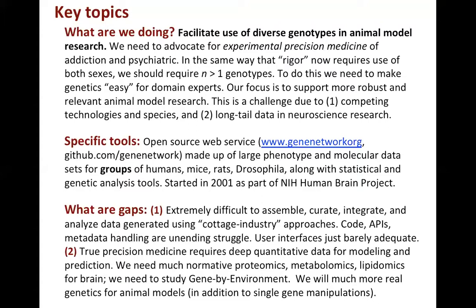And then finally, I mentioned this again, true precision medicine. This is a huge gap. We're going to be talking about precision medicine for many decades to come. We're going to be struggling to actually deliver it, except for very strong genetic and environmental effects. But we need to get those ROC curves. We need to improve the ROC curves. That means we're going to need to be able to do sophisticated modeling to do that in human populations of different ethnicities, different genotypes, different environments. We're going to really need great quantitative data.